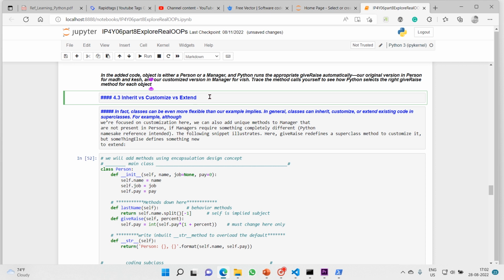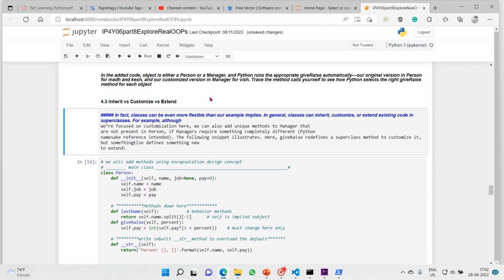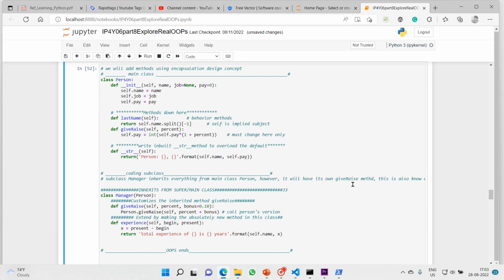Then we will move on to the third subtask of step 4, that is inherit. That's the comparison between inheritance, customization, and extension. That is inherit versus customize versus extend. In fact, classes can even be more flexible than our example implies. In general, classes can inherit, customize, or extend existing code in a superclass. For example, you see this example.